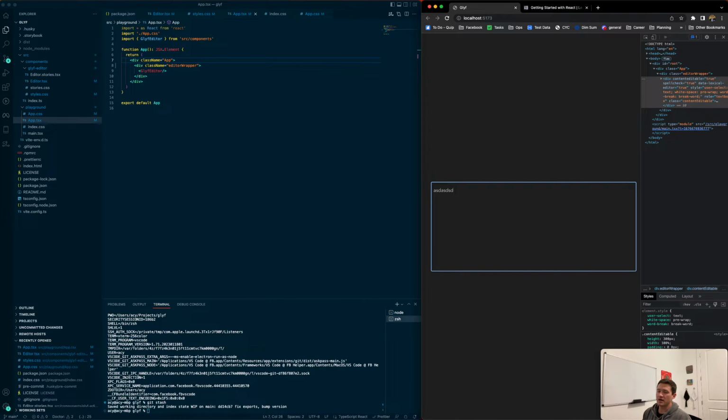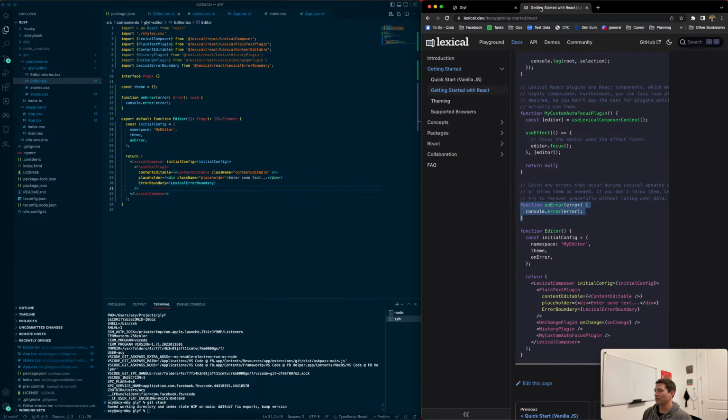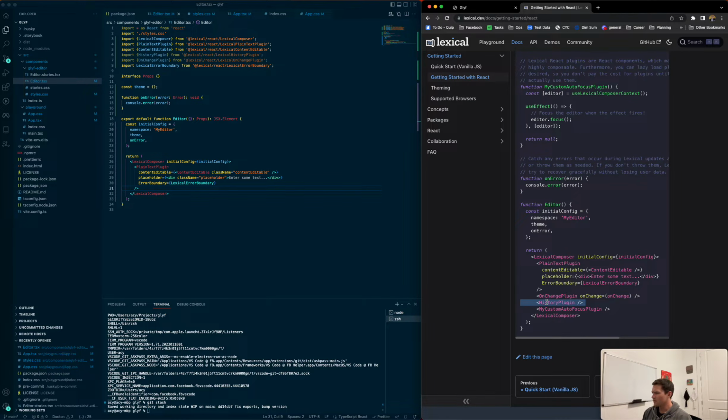So let's talk about how you would add a plugin to this. A couple of things we can talk about here. One is just adding a plugin out of the box. Right now, if I type this and do Command Z, nothing happens. There's no undo redo functionality involved. To solve that, you probably saw it earlier, Lexical has this history plugin, which most editors want to use. So we can just take that and pop that in Lexical Composer. We add that as a child of Lexical Composer, and that extends the functionality of Lexical to then have